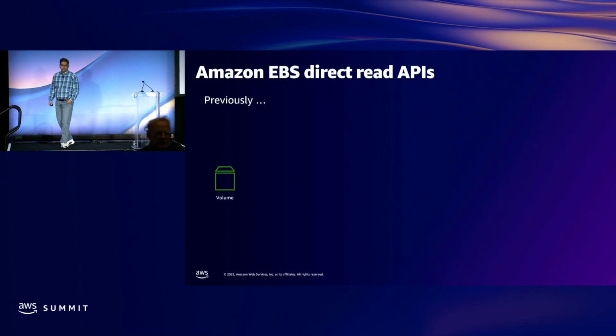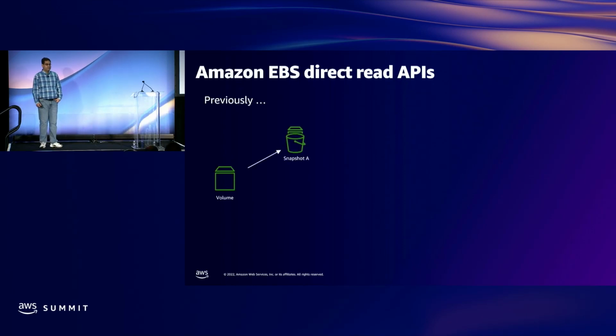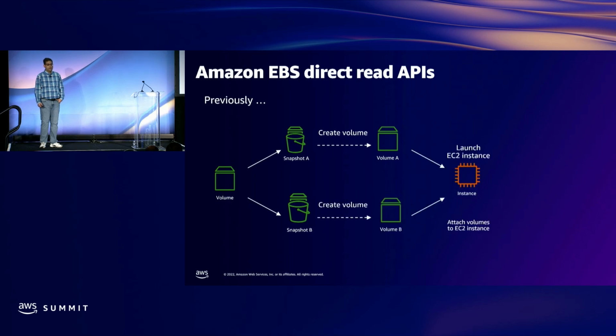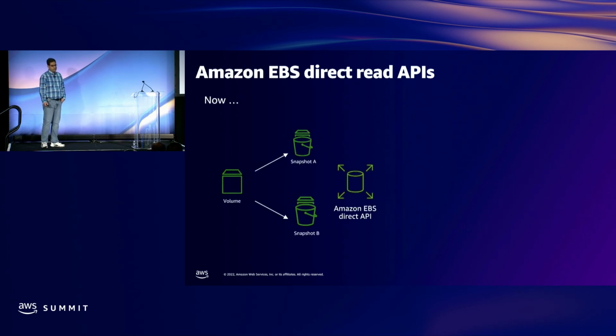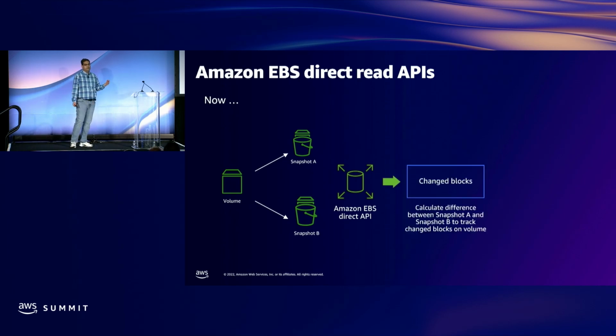What about the read? The read use case was customers would have volumes. They would create 2 points in time, and this was specific to backup and DR partners. They would then create a volume, compare the 2 volumes using an EC2 instance to get the delta set, and those change blocks would then get written to Amazon S3. Now, you can just use EBS Direct APIs, get the change blocks without any of those process changes in between. The customer impact is that you now have faster recovery times and faster recovery points through your backup providers.